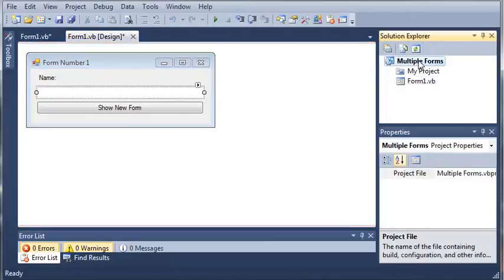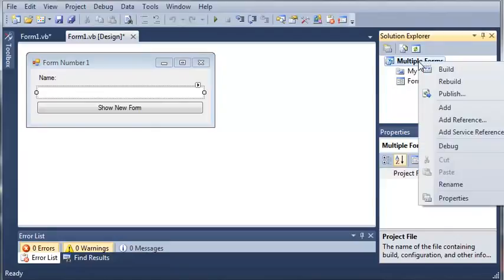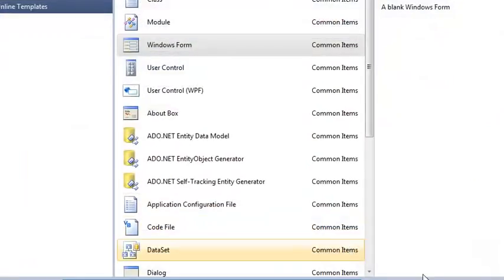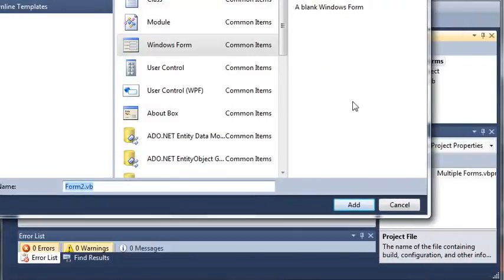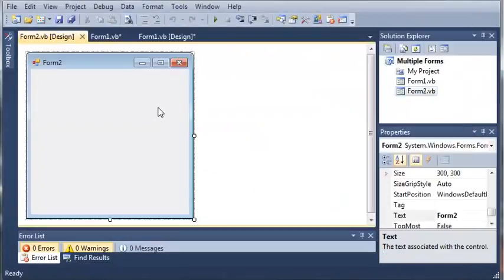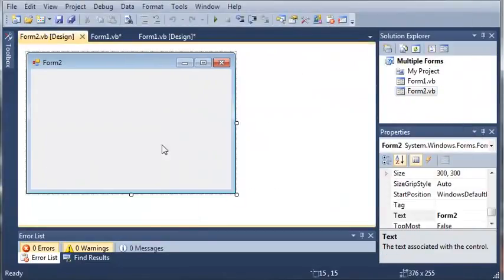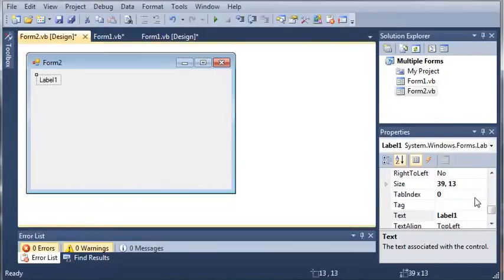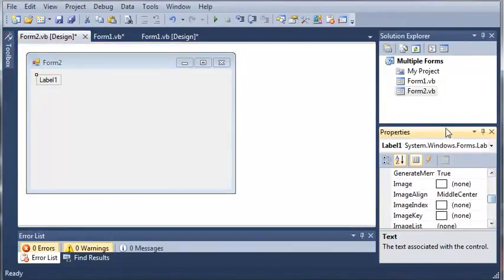So we'll come over here to the Solution Explorer, we can right click multiple forms, and we can add a Windows form. So we'll just leave it at default to form2.vb. We'll select Windows Forms and we'll click Add. So here is our form 2. Let's just go ahead and add a label. We'll come over to our label properties